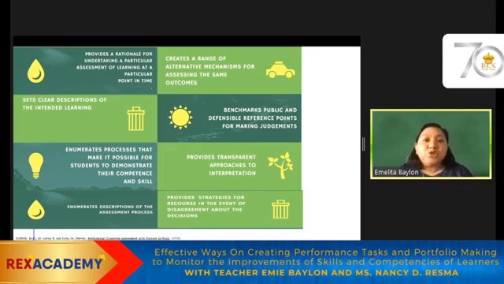Enumerate the processes that would enable them to demonstrate whatever competence or skill they need to, so that they could confirm to us that they are ready and really able to achieve the knowledge and the skill that we're teaching them. We need also to enumerate the description of the assessment process that they need to undertake, so that they could prepare for these processes. We could also offer a range of alternative mechanisms, so that the students could reach the same outcomes despite the different learning paths that we offer them.